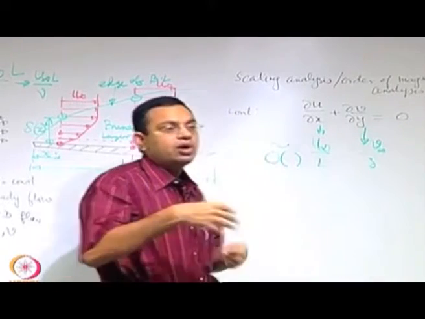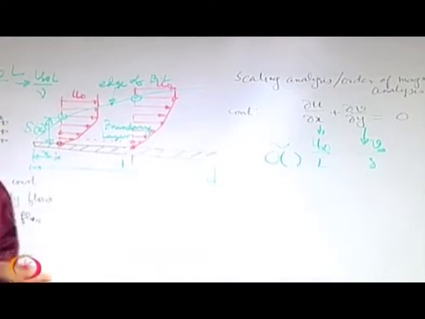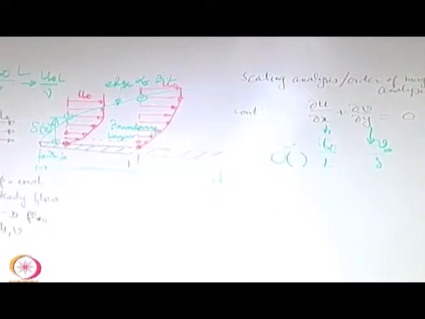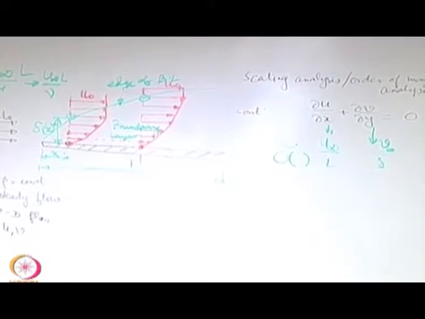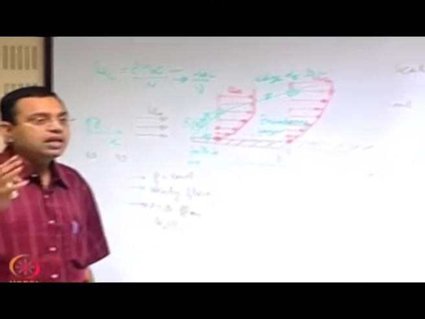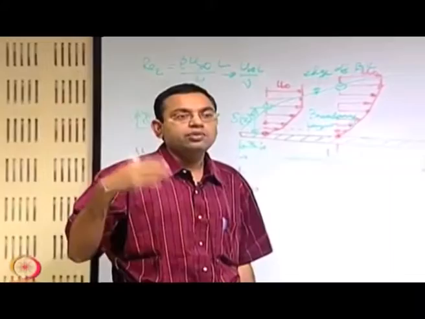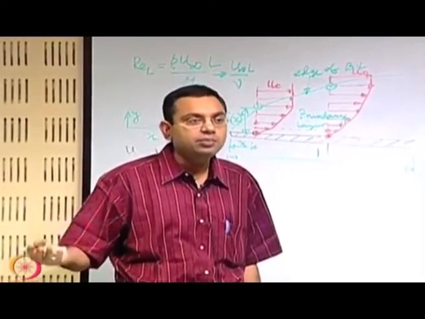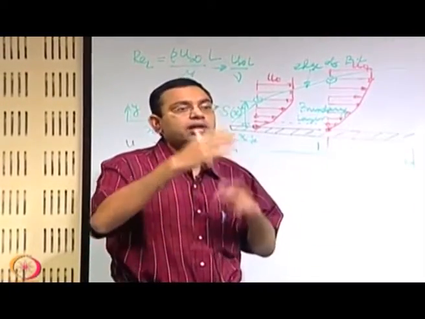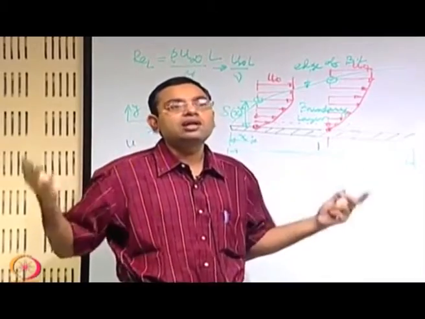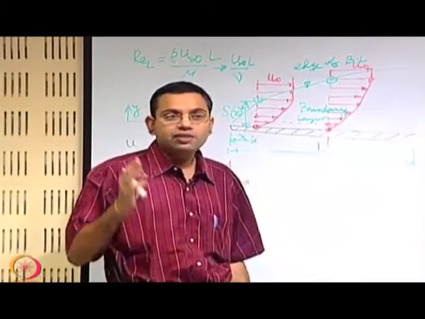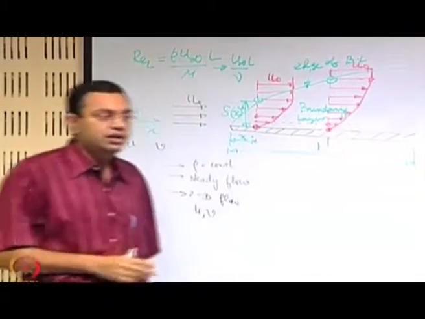So, when we talk about order of magnitude, this is what we are looking for: is the velocity of 1 meter per second order, or 10 meter per second order, or 100 meter per second order. If we say 1 meter per second order, we do not literally mean that it has to be 1 meter per second, it could be 1, 2, 3 meter per second, like that. But order of magnitude wise, it is a single digit meter per second, if you express it in a single digit.